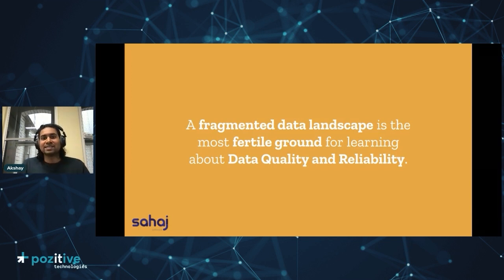What this has resulted in is that it's been a very good proving ground for us to see how we improve the quality and experience from a data perspective across the organization. This is something they've never had before, where they can look for insights across the different systems, so that whenever they build any sort of reports or machine learning use cases, they can have a wider view across the organization.